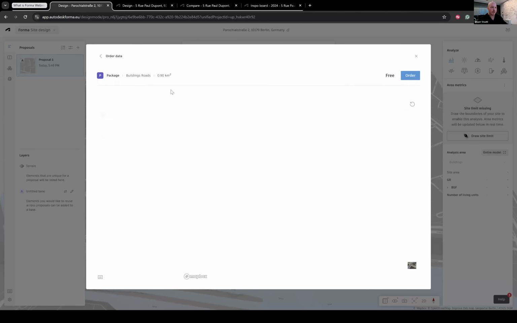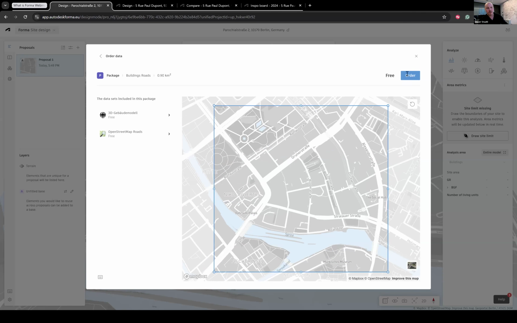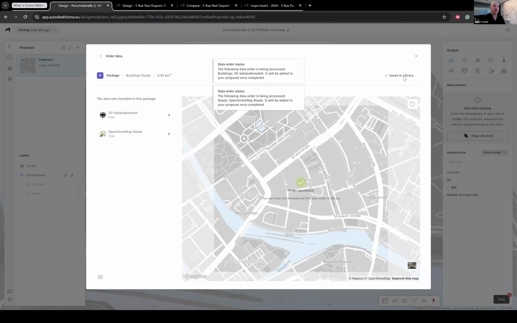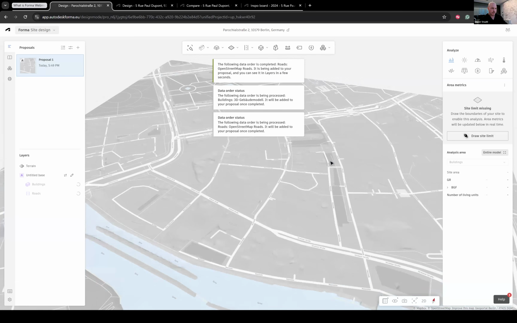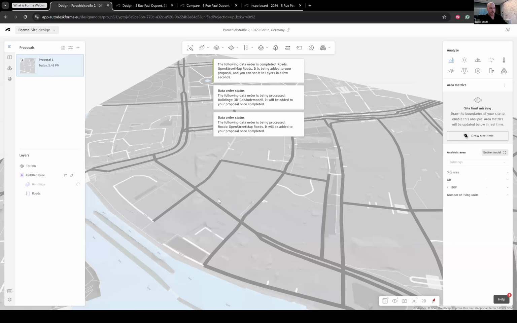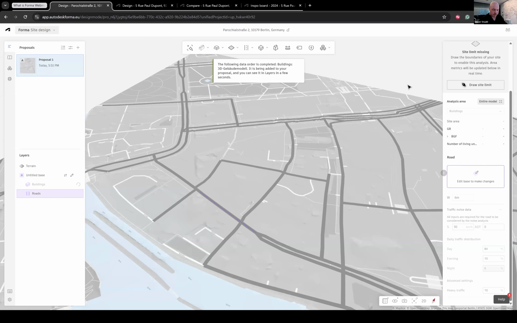Now, if I just order a data package like this, I'm going to get buildings, I'm going to get roads. I'm going to click order. And these things are just going to get placed in the model, correctly georeferenced, as soon as they're done. So there's the data order, roads, you'll see those pop in. That's the roads. Interestingly enough, these roads have, and I don't know if you guys can see this,